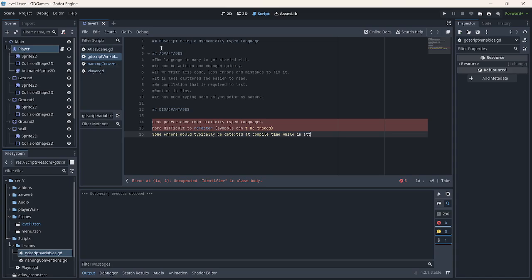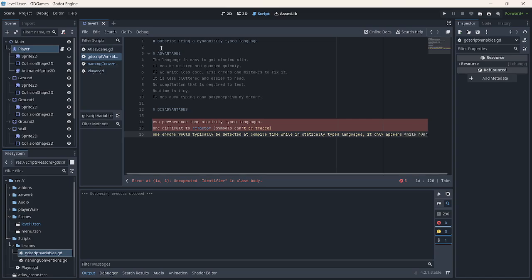While in statically typed languages, it only appears while running the code, right?